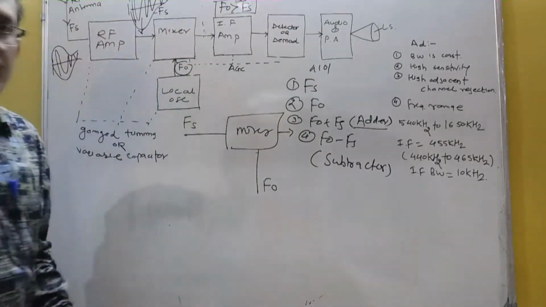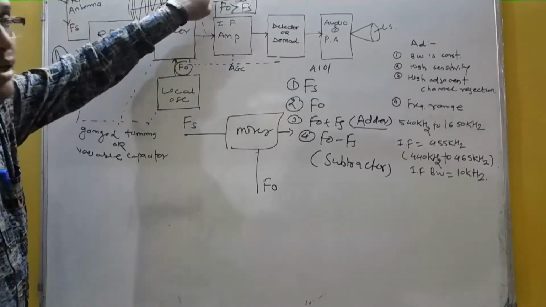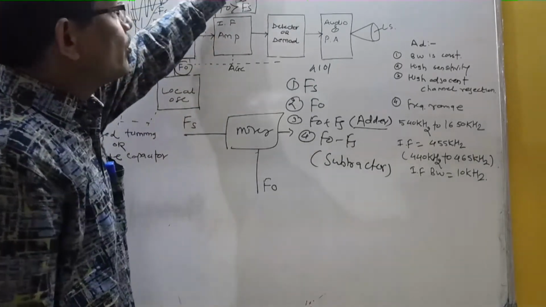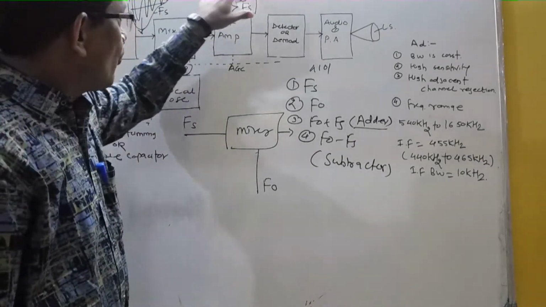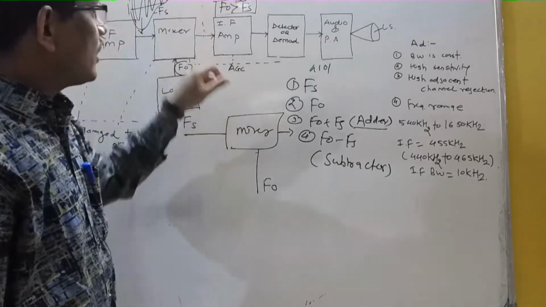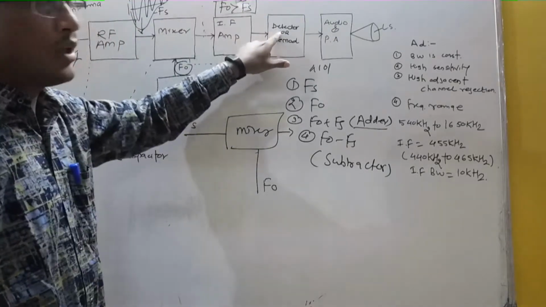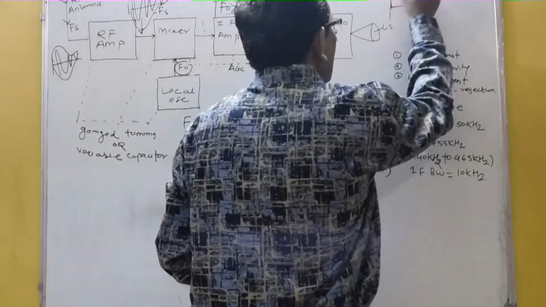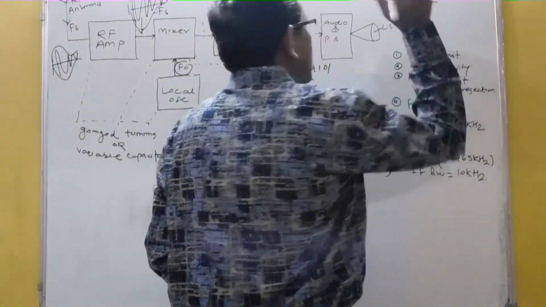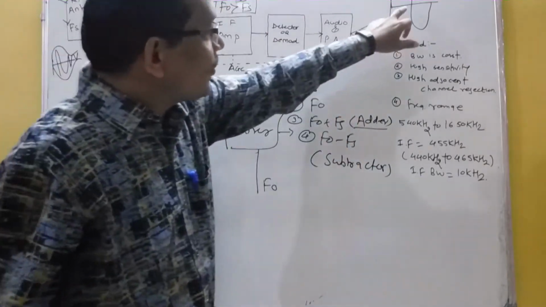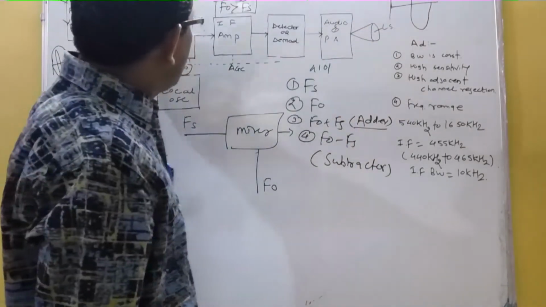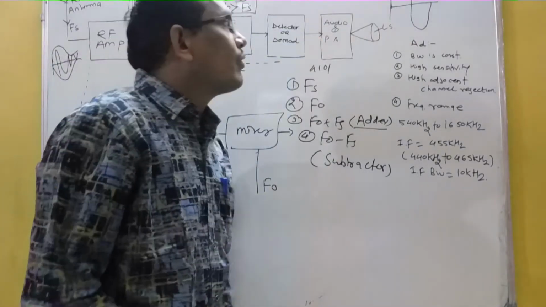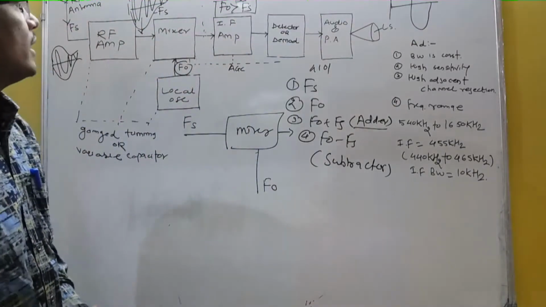If this condition is satisfied, that's why it's called intermediate frequency, and the difference of your higher F0 minus Fs should always be constant. So why is this IF always constant? Because after this it goes to the detector. My aim is that I want to always record perfect recovery of your original modulating signal. So to get perfect recovery at the output of your receiver, if this difference is constant, I am able to recover perfectly your original modulating signal.